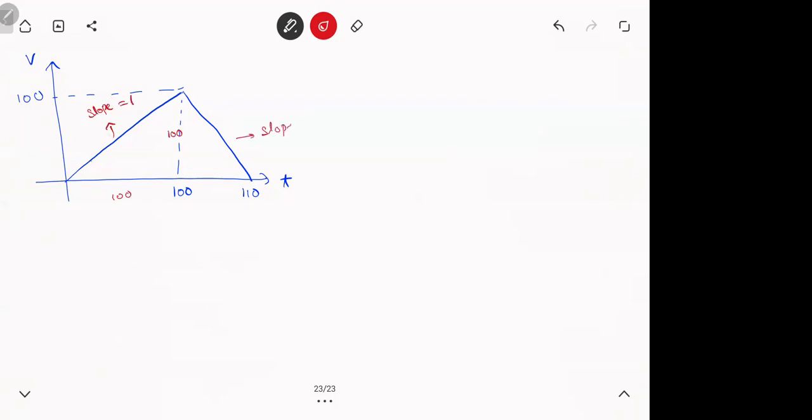What is the slope of this one? This is 10 and that is 100. Minus 10, no? Because you should take the obtuse angle. Are you getting? This is tan theta is 10. But you want the obtuse angle, no? See, this angle theta, tan theta is 100 by 10. But you want this angle, isn't it? So slope should be with the obtuse angle. So it's negative.